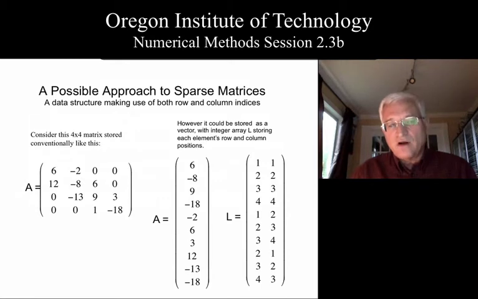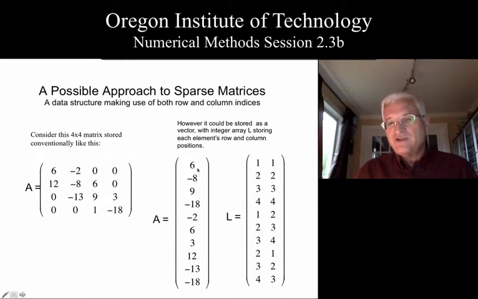If A were, in fact, a sparse matrix with either random zeros scattered throughout or not in a very well structured manner, this is the way we would have to do it. We wouldn't necessarily have to load them in this order. We could load them in any order we wanted, provided we're keeping track of the row and column numbers. However, as you can see, it requires a lot more overhead to maintain this.